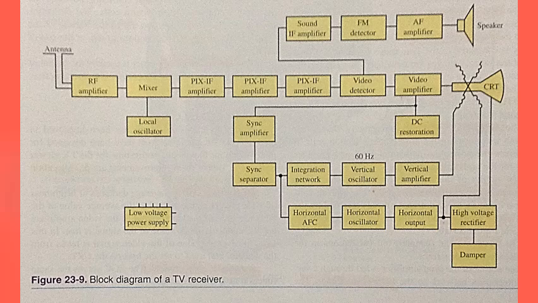23.2 Television Receivers. The television receiver is a fairly complex electronic device. As you work through the block diagram of the receiver shown in figure 23-9, take note of the similarities between the television set and the radio receivers you just studied in chapter 22. The black and white television receiver, figure 23-9, shows the parts of the